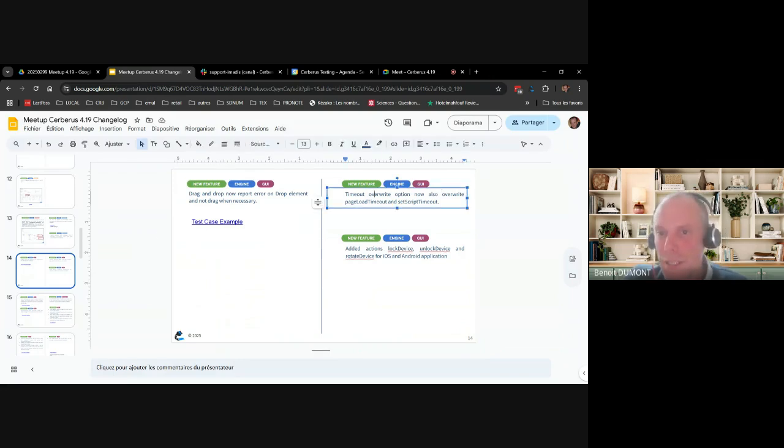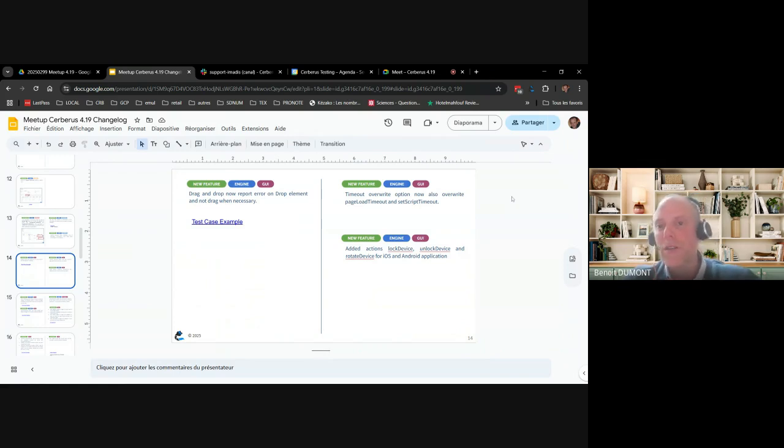On the engine again, you can override the timeout parameter at action, control, or even step level. So we have enlarged the scope of the timeout mechanism. Before, it was only taking care of timeout when trying to access an element.